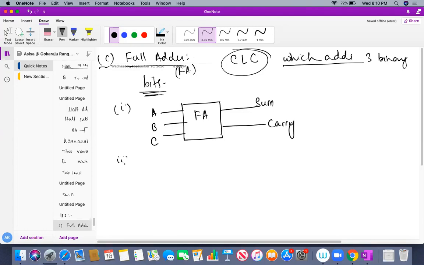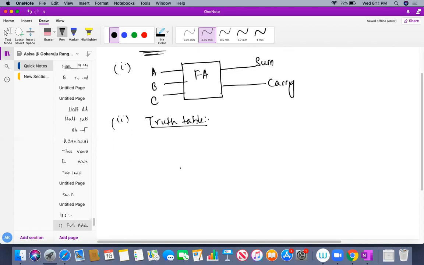What is the next step for designing a combination logic circuit? You have to construct the truth table. How to construct the truth table? First of all, you should know what is truth table. It is nothing else the relationship between input and output. Truth table is nothing else the relationship between input and output. So in order to construct the truth table, you need to know the behavior of the digital circuit you are designing actually. So we know that here I am designing a full adder which adds 3 binary bits and gives as a result a sum and a carry as output. Okay. So how I am doing here, just see it.